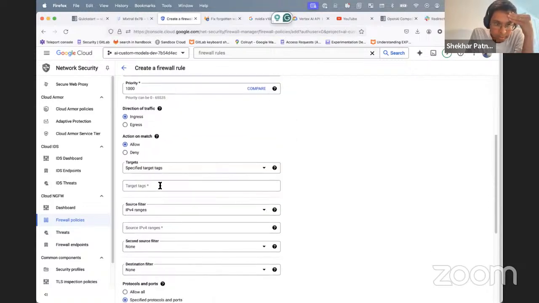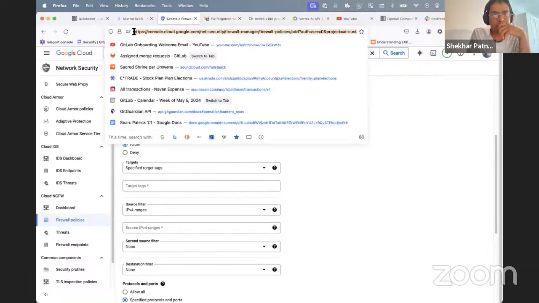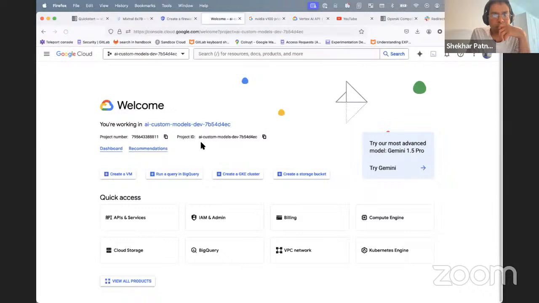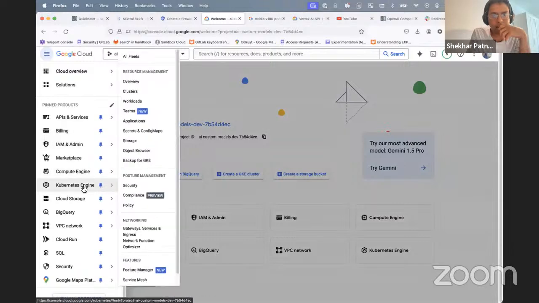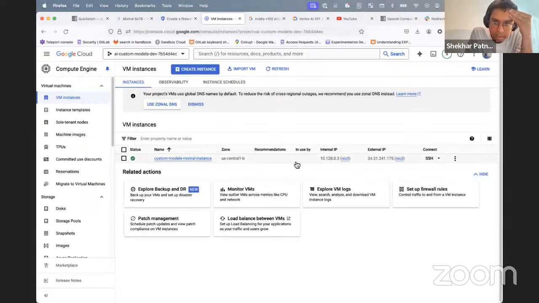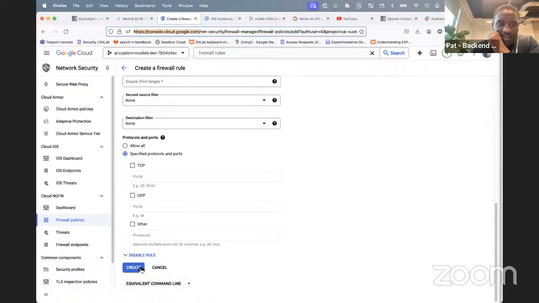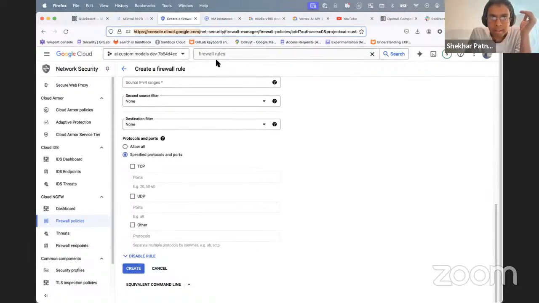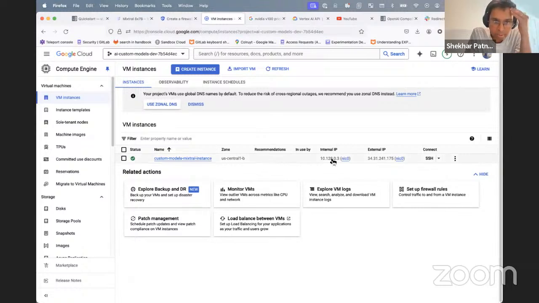Specific target tags. Did we give a network tag to the VM? Go back to your VM in a new window. So open up a new window, just go to console.cloud.google.com. I hope you didn't override the SSH one, right? Anyway, let's go here. I've not created this one yet. Oh, no, don't hit create yet. Let's go back and put a tag on this VM. So click onto the VM name